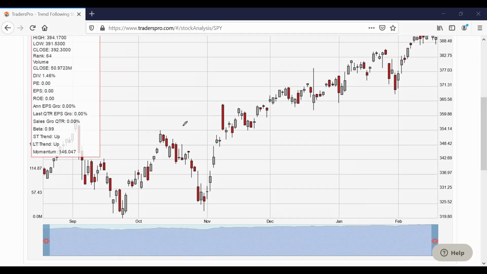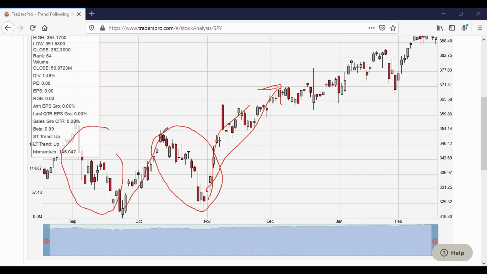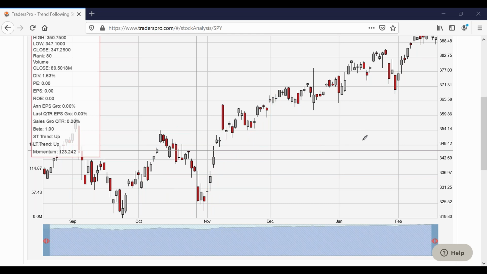And actually, I'd like to see something like this, because that's what created this big move right here. I had a really good November, and you can see why. Almost every day we went almost straight up off of that pullback. And even the sell-off we had back here in September, there was a nice run-up in the first part of October, where it kind of took off. And I think that's kind of what it needs.